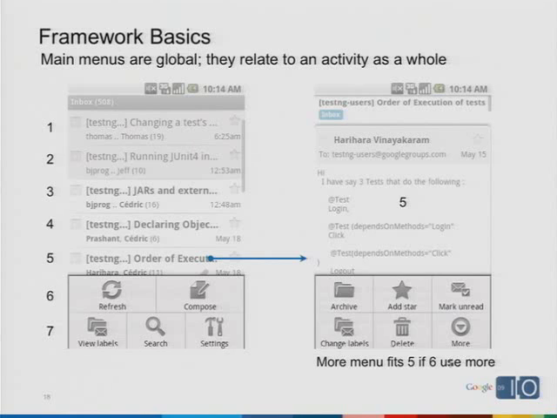Another thing to keep in mind with the main menu at a high level is that it allows you to act on that list. So in Gmail, for example, we have 7 list items. When I select one, which is the 5th one, and I want to view that conversation, those global functions that were on the home screen actually don't carry over. There are global functions that carry over into the item that you've selected that relate to that conversation. So key thing to keep in mind, implied structure with menus,